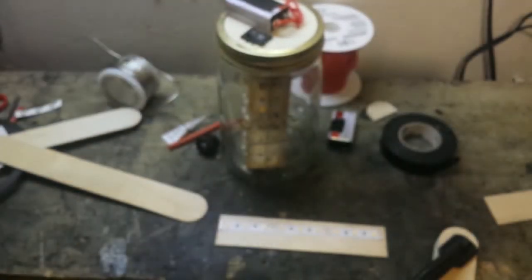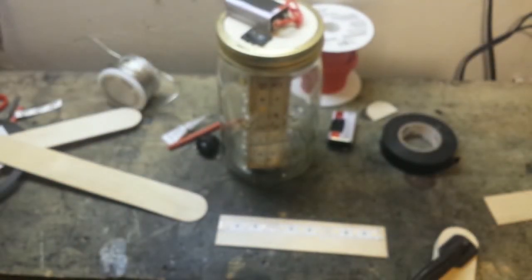You might not want to glue the battery up to the top. You definitely don't want to solder it like I did, because when I have to go to change the battery, I'm going to have to desolder all this stuff. So when I go to change the battery, I'll get a battery connector for that, and then find a better way to keep this attached to the top of the container. But it's a really simple project,